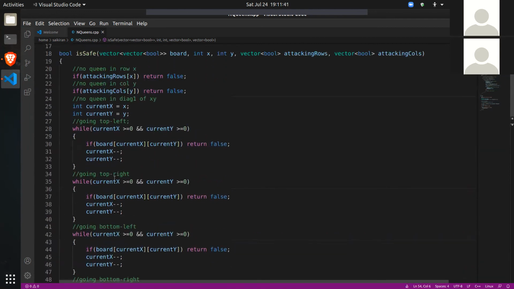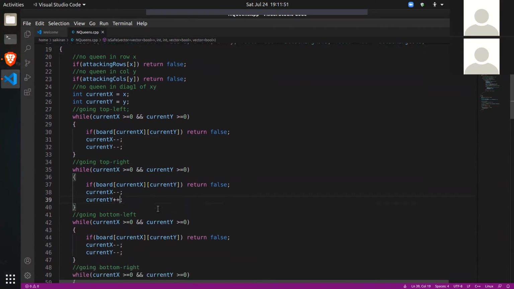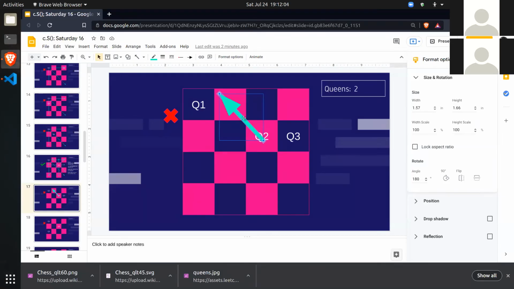So when I go top right, I'm going top, so rows will decrease, but columns should increase because I'm going right. And the stop condition is different. Rows are decrementing, so it should be greater than or equal to 0, but y is incrementing, so it should be less than or equal to board dot size.